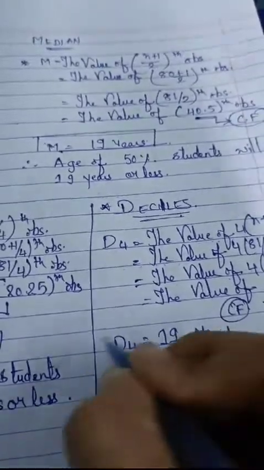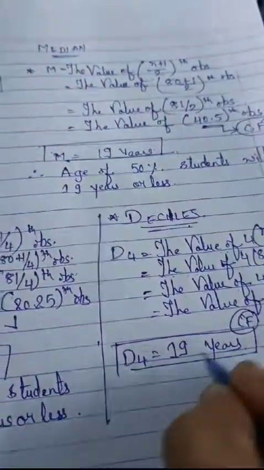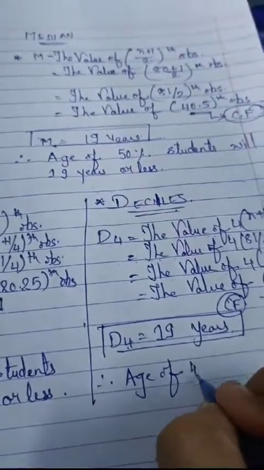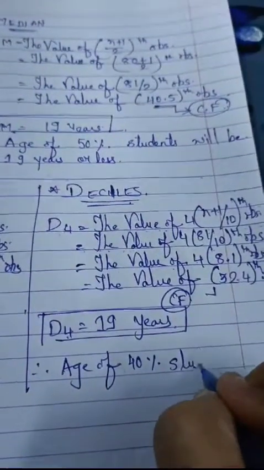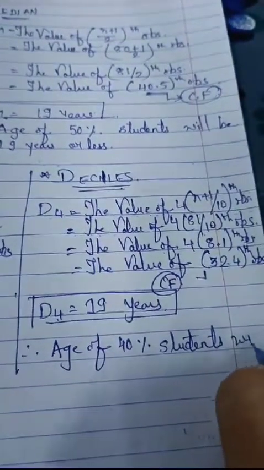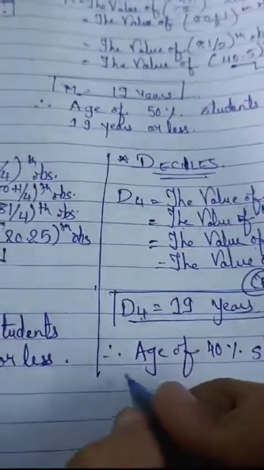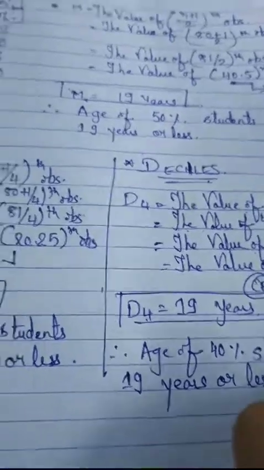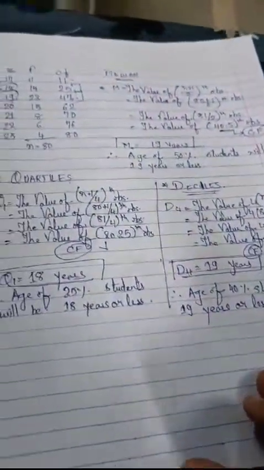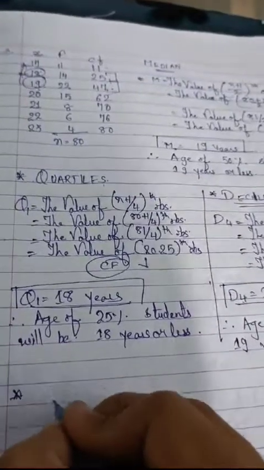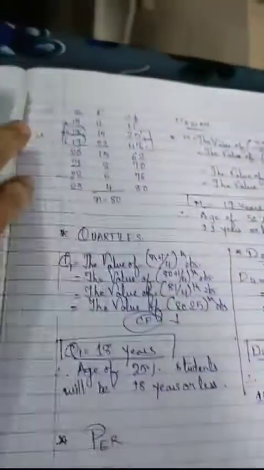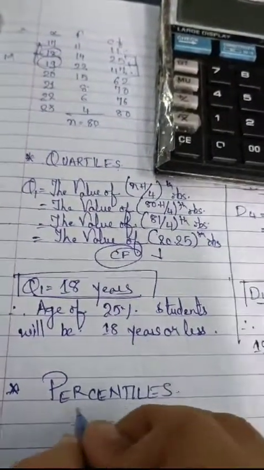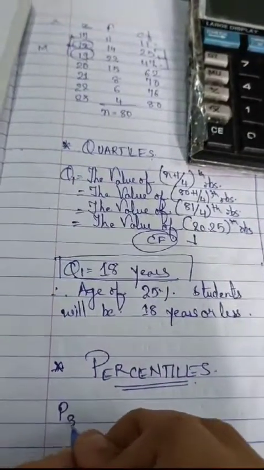19 years. 4 means 40, so interpretation: age of 40% students will be 19 years or less. Okay. Now P32 they have said. Percentiles. Fine. P32,